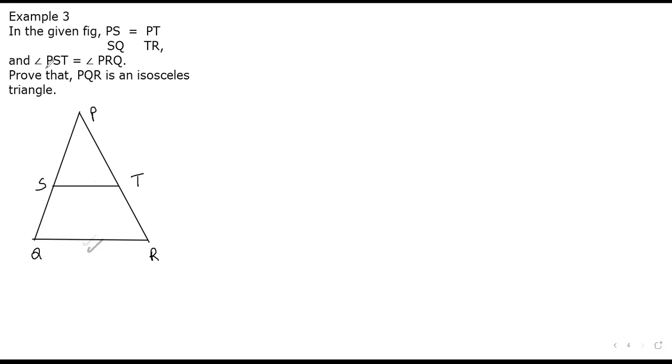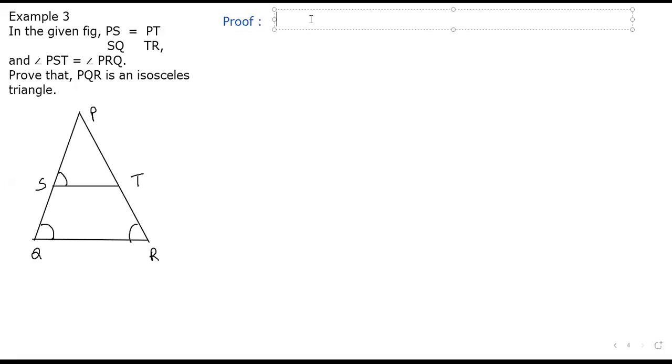Further, what they are saying is that angle PST is equal to angle PRQ. And when these two lines are parallel, will I get angle S also equal with angle Q, corresponding angles? Yes, sir. So S with Q and S with R means Q and R become equal. Transitivity. And if these two angles are equal, by converse of isosceles, the triangle becomes an isosceles triangle. Start writing the proof. I hope you are understanding, children.